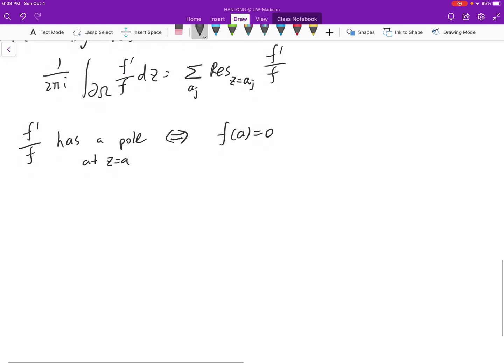And also because f prime over f can be written as k over z minus a plus some holomorphic function,